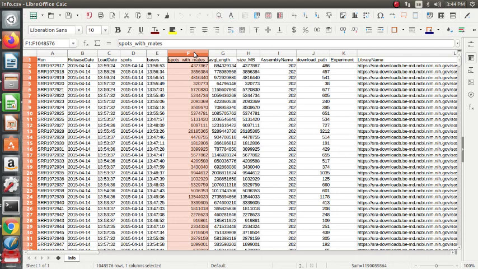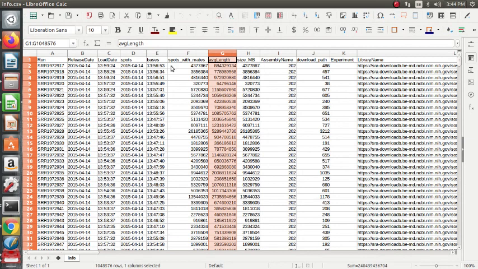If we want to find the number of bases, we can see the spots, multiplied by the average length. So the number of bases is this one.